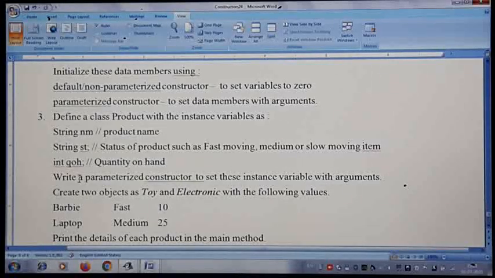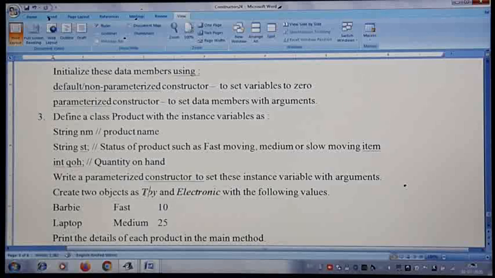Then you create two objects, toy and electronic, with the following values. Since the constructor you have written is parameterized, at the time of creating the object you have to pass the values Barbie for the product name, fast moving for the status, and 10 for quantity on hand. So you pass 3 arguments for the toy object.